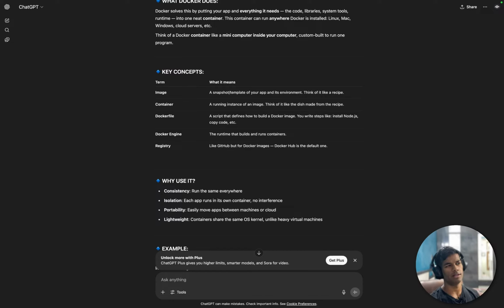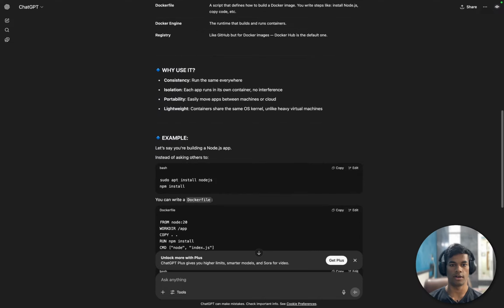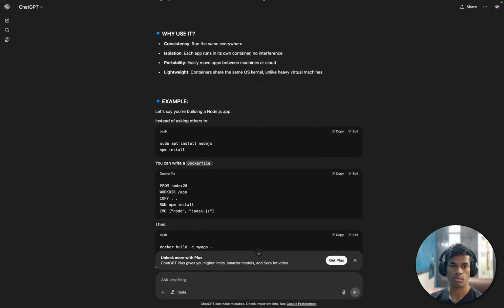Otherwise that would increase the size of your image way more than it is supposed to be. Docker Engine: the runtime that builds and runs containers. Registry: like GitHub for Docker images. Docker Hub is the default one. Why use it? Consistency, it runs everywhere, isolation, portability, lightweight.